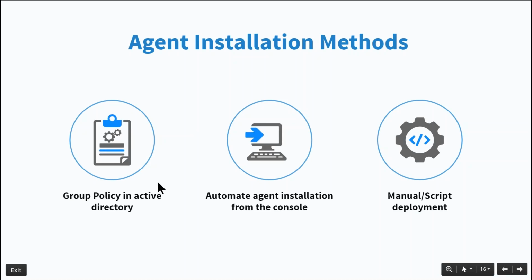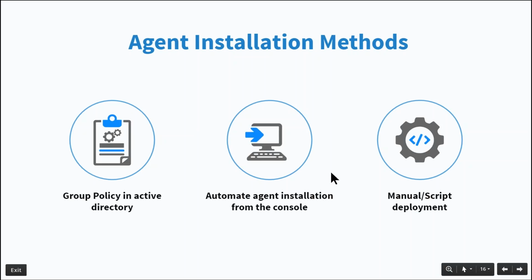Agent installation can be done in an easy way from the console itself. For example, from the console, you can just go to the scope of management, add the domain credentials, and push the agents to the client machines. While pushing the agent from the console, I would request you to kindly ensure that the Desktop Central server has access to the admin dollar of the client computer. If this access is not given, then from the server machine, you cannot push the agent